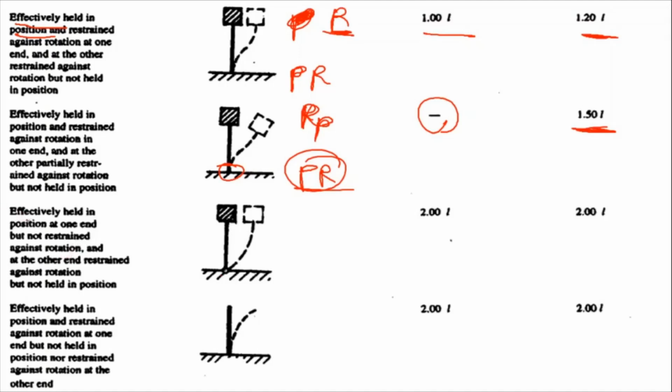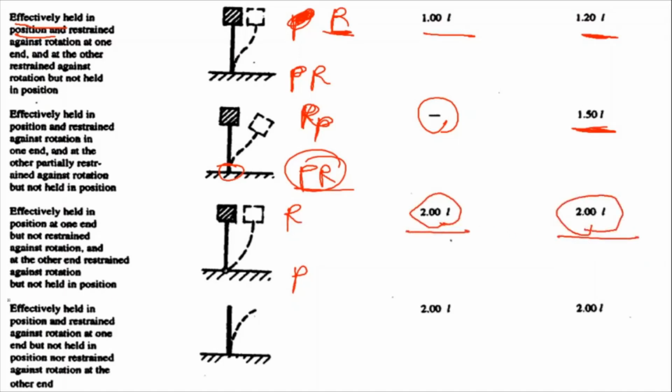Okay, next one is effectively held in position at one end but not restrained against rotation. Here held in position but there is no rotation, and at the other end restrained against rotation. Okay, so here restrained against rotation but not held in the position. So in this condition, the theoretical effective length is 2L, and the recommended value of the effective length